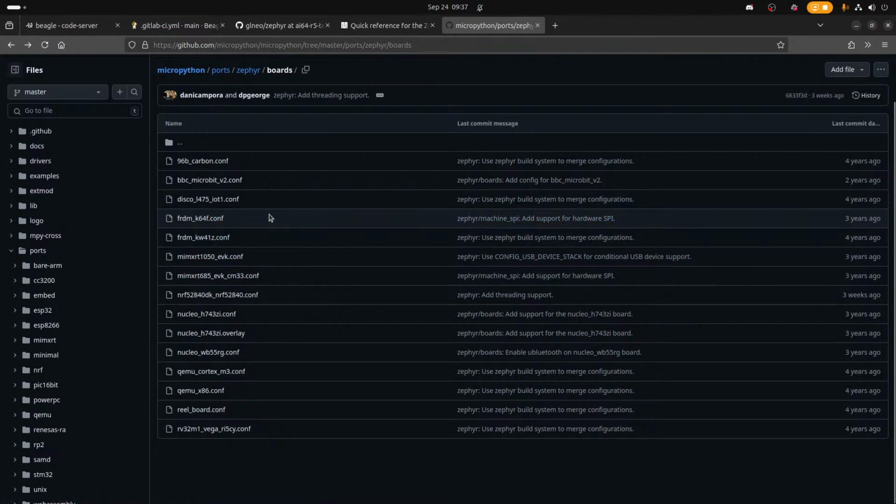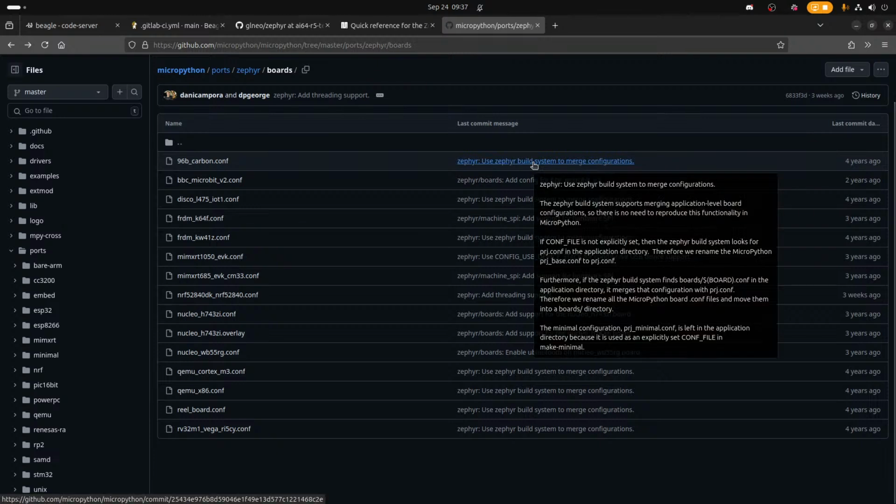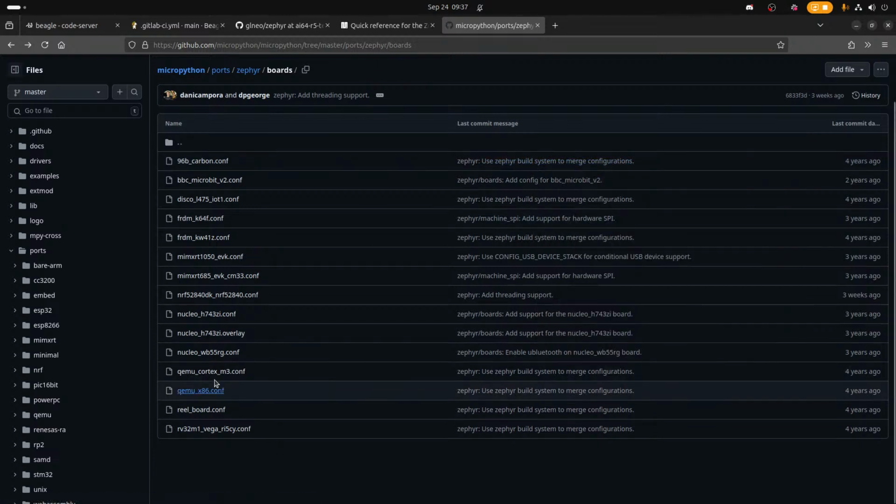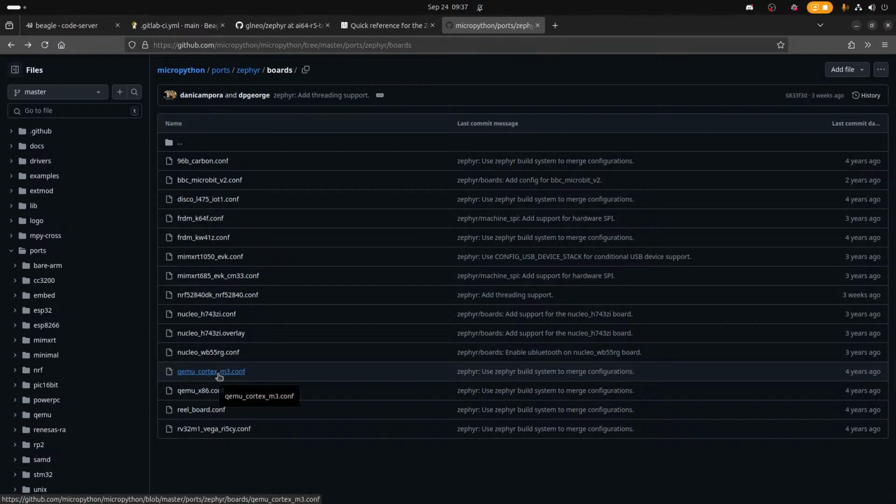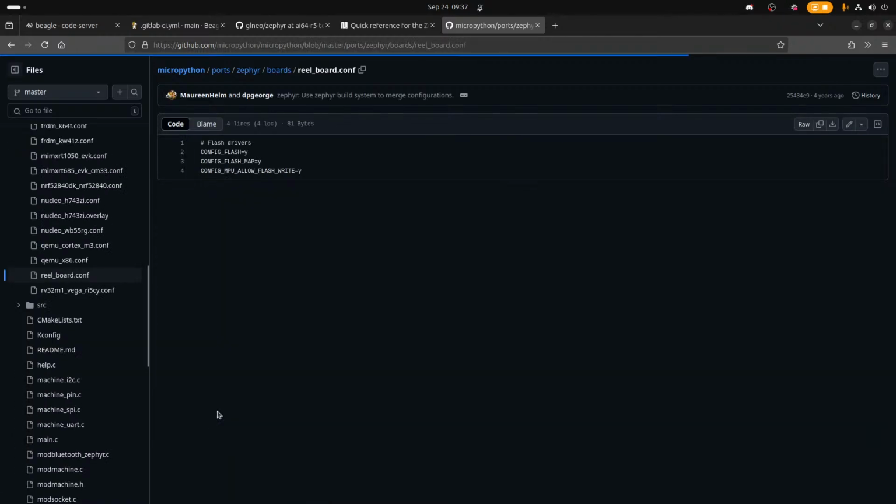Okay, because there's the Freedom, the Microbit, the 96 boards. These two are generic, right? But there's this real board. I don't know it.